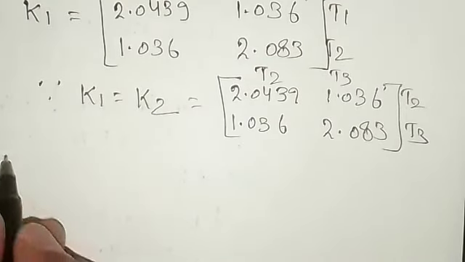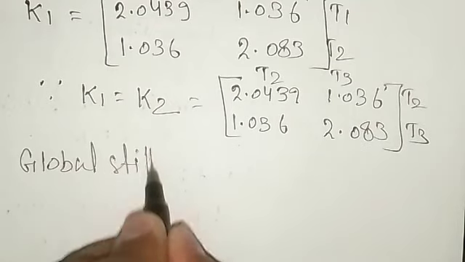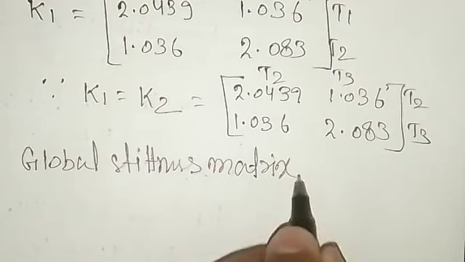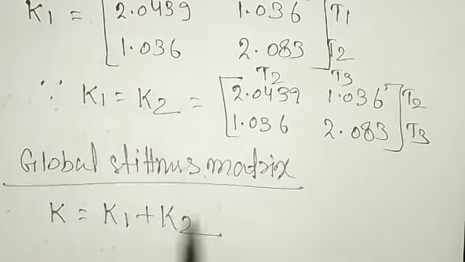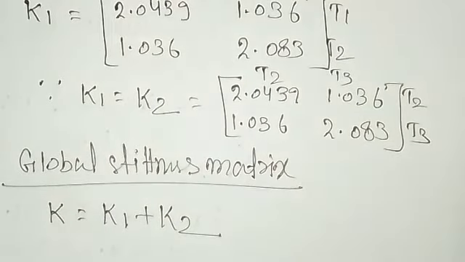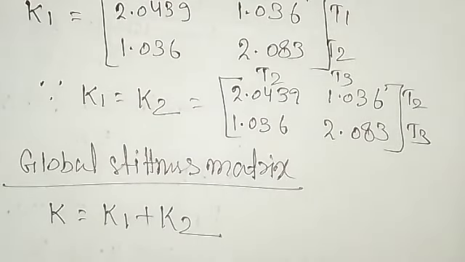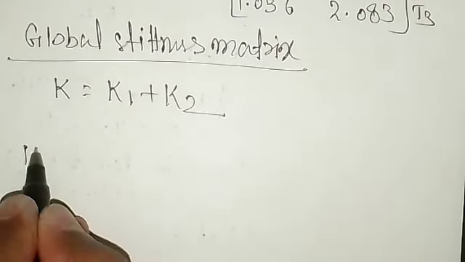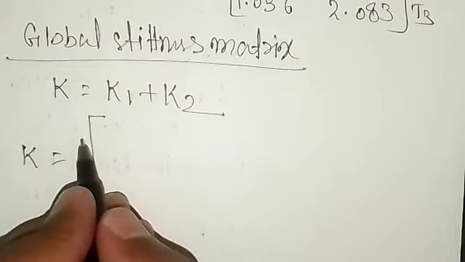Now we need to globalize them, so we can find out the global stiffness matrix, right? So global stiffness matrix means K is equal to K1 plus K2. So you have 3 nodes in the problem, right? As you can see that here T1, T2, T3. So a 3 by 3 matrix will come. So you have an equation like this, that is K is equal to, this is what we'll get,